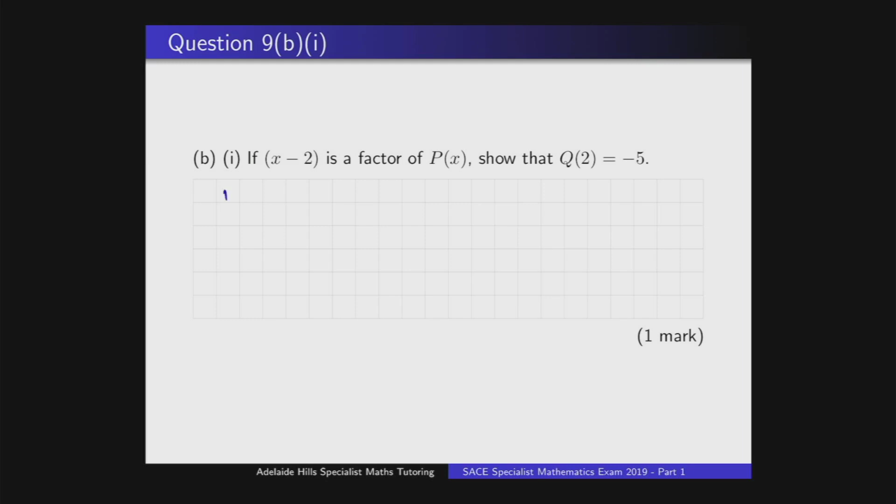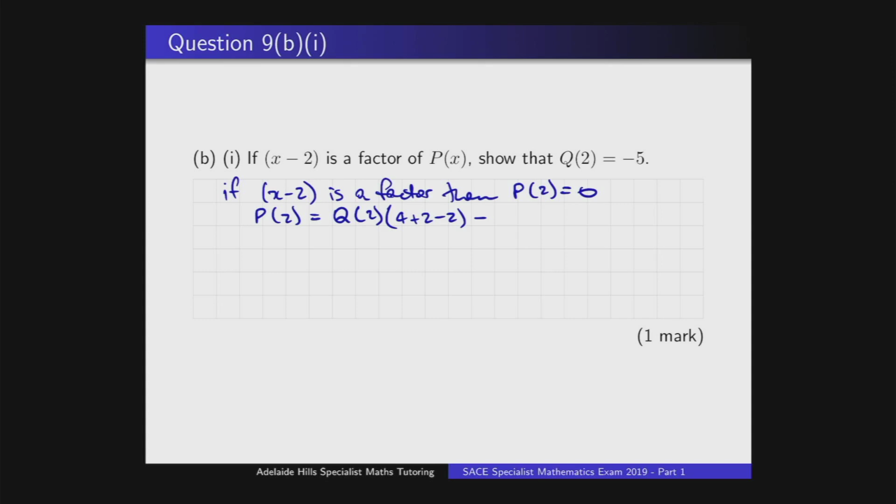Okay, so if x minus 2 is a factor, then that means p of 2 equals 0. Okay, so p of 2 is equal to q of 2, and then we want to substitute 2 into x squared plus x minus 2. So 4 plus 2 minus 2. And then we've got minus ax,